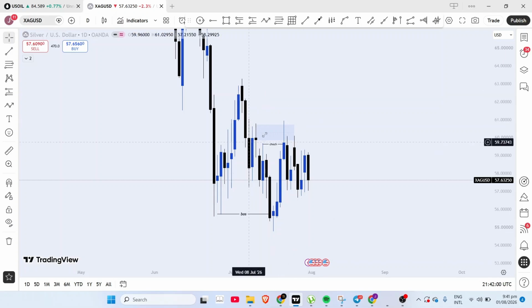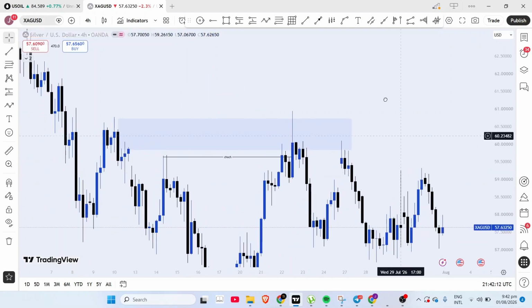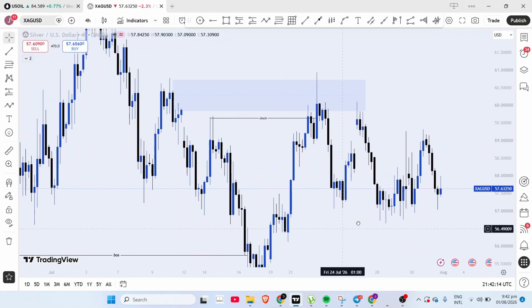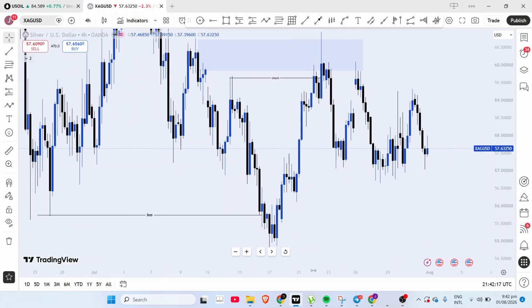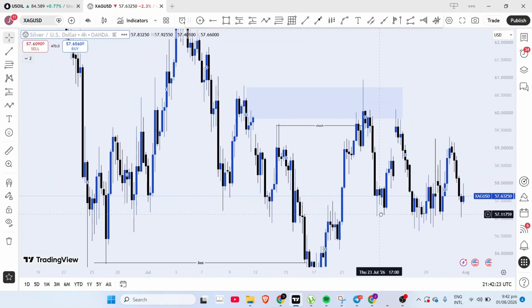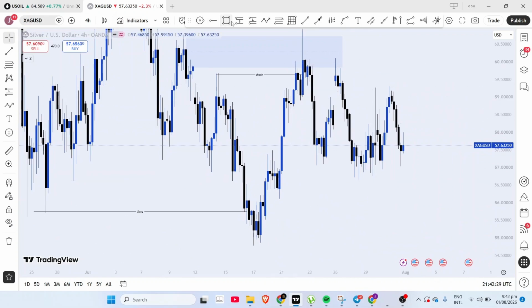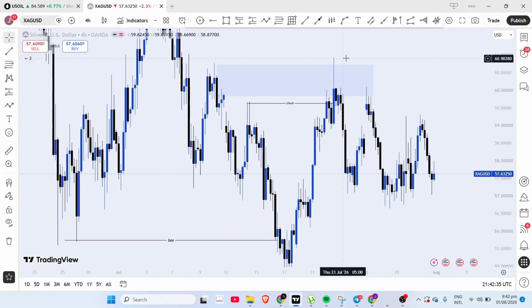This was a sell zone we marked last week on silver. Let's go to the 4 hour to see it clearly. If price could possibly get here before getting to the downside, we can maybe get a retracement to continue the buys. Currently what I'm seeing is that last week where market opened, I think our